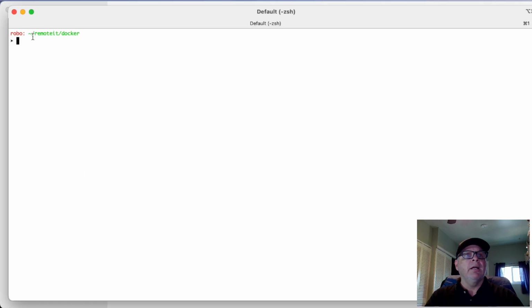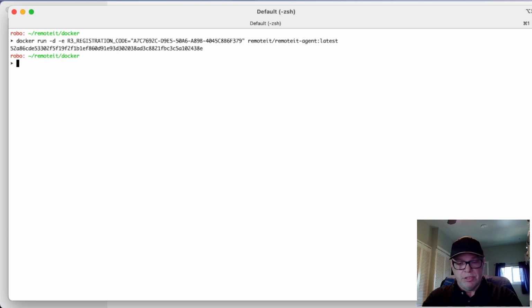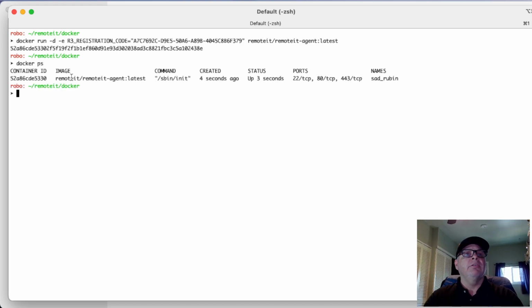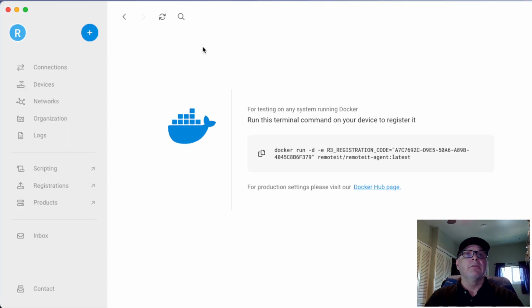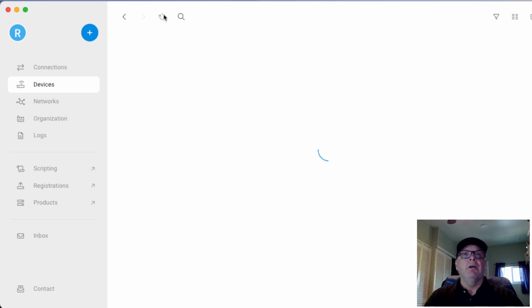We're going to go to our command line here, and we're in the clean folder, and mine is called ~remote.it/docker. And we're just going to paste that run command in here. So Docker run and hit enter. As you can see, we now have a Docker container running. It's the Remote.It/Remote.It agent latest image from Docker Hub. And so we're going to take that now and see if we can find that in our device list here. So if we look over here under devices again, and we refresh,